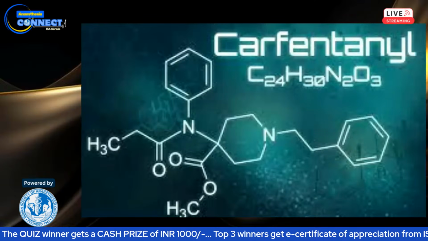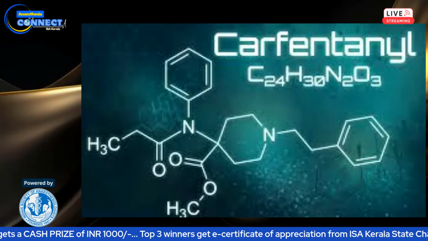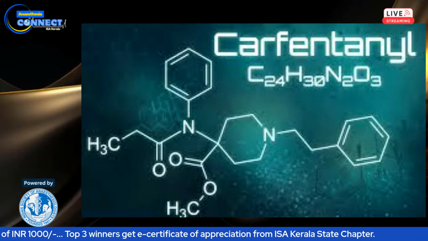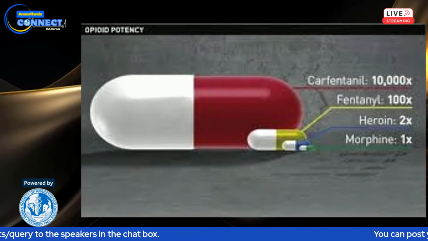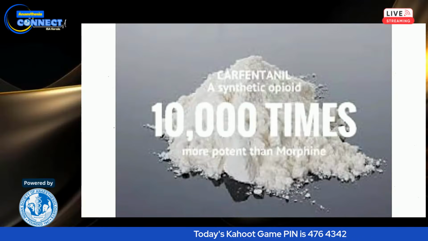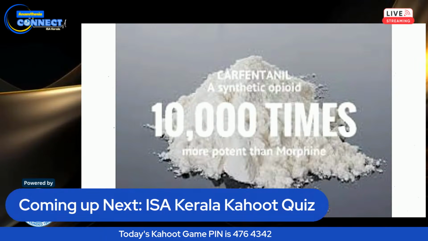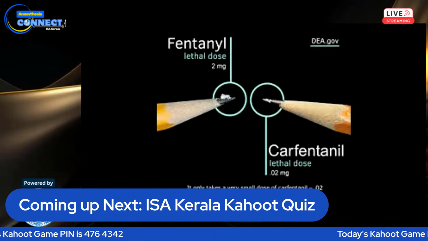Carfentanil was first synthesized in the 1970s by scientists exploring new ultra-potent opioids. It belongs to the fentanyl analog family, drugs that bind strongly to opioid receptors, producing profound analgesia and sedation. In today's medicine, fentanyl itself is potent, but carfentanil is in a league of its own. Carfentanil is estimated to be approximately 10,000 times more potent than morphine and 100 times more potent than fentanyl.